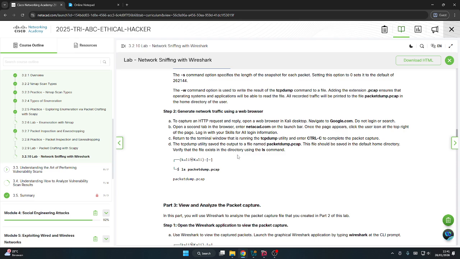And after we finish the login information, return to the terminal window that is running the tcpdump utility and enter Ctrl-C to complete the packet capture.